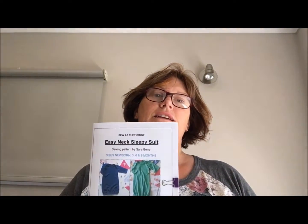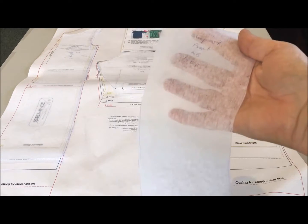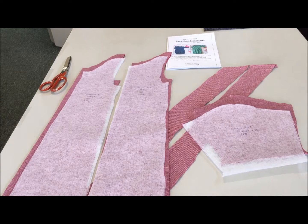Chances are you're here today to see how to sew the Easy Neck Sleepsuit. Let's get going. Here's the master pattern for the Easy Neck Sleepsuit. I've cut out the pattern pieces for the newborn size: front, back and sleeve. Sleepsuit pattern pieces already cut out, ready to sew, and I've also cut 2 pieces of bias binding for the